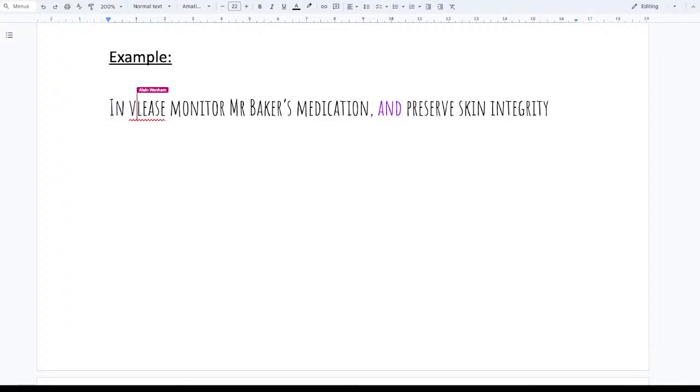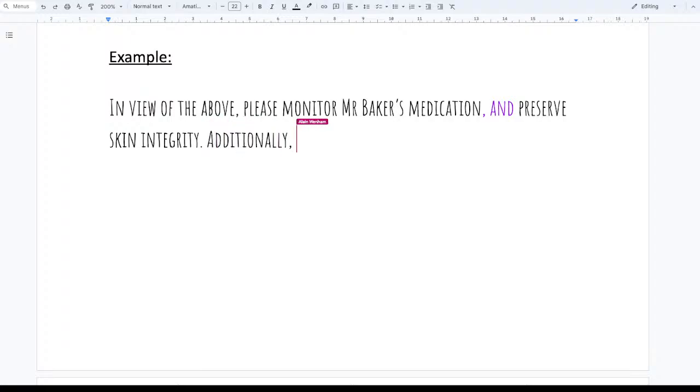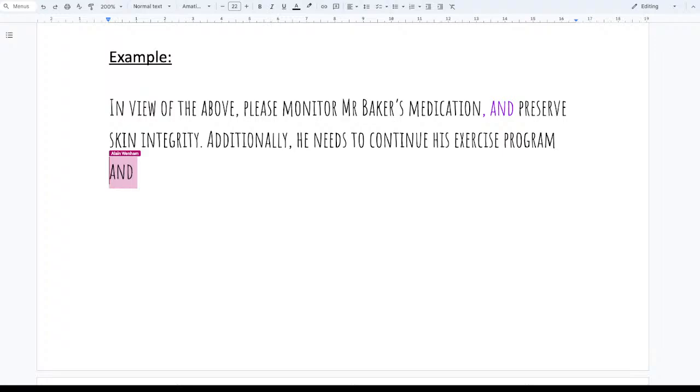In view of the above, please monitor Mr. Baker's medication and preserve skin integrity. Additionally, he needs to continue his exercise program. And, right, I can put them together. I can combine them. And he requires